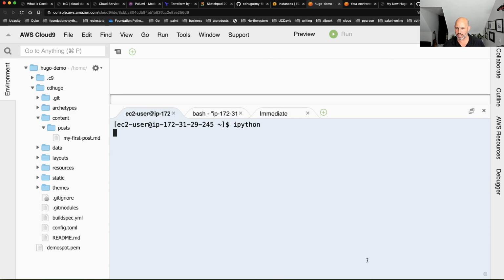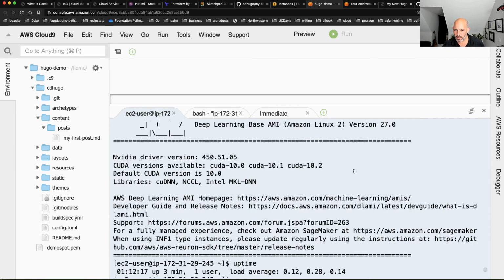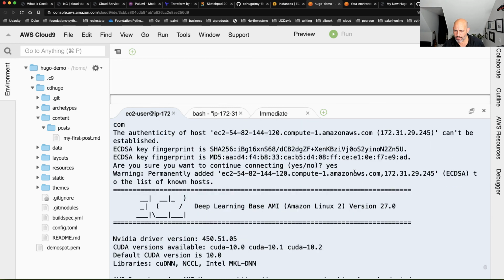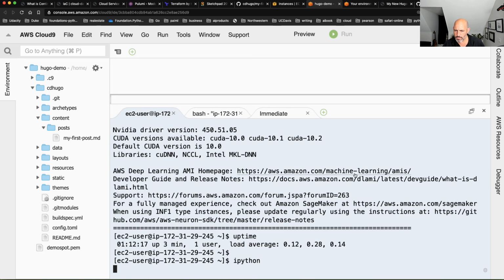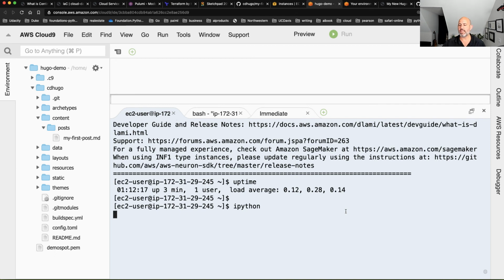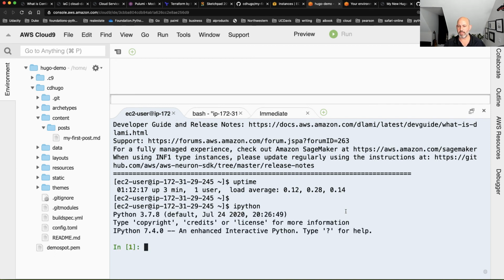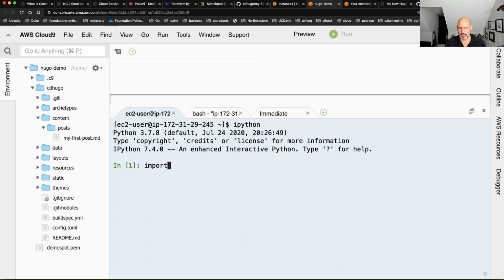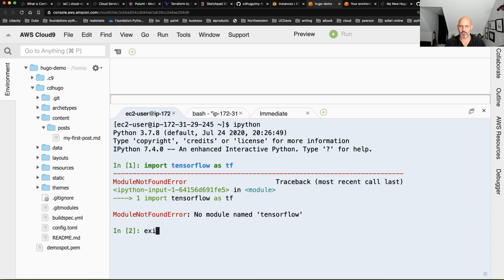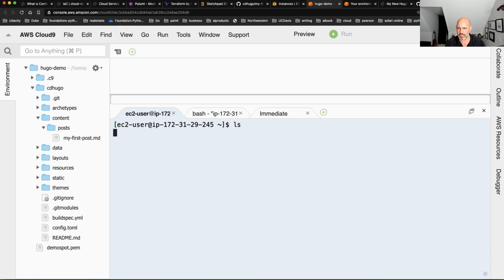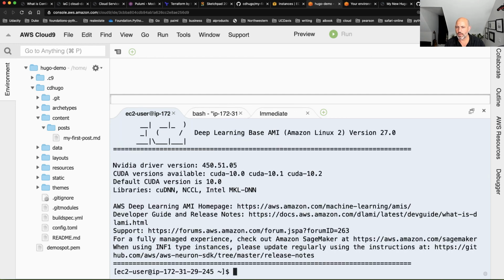Now, I think it even tells you instructions for how to use it when you start it up. I think it says something about it. When you first spin these up, it does take a little bit of time. But let's try import TensorFlow as TF. Well, there must be some way to source this. Let's look here. I can look at the README, and it might tell me.